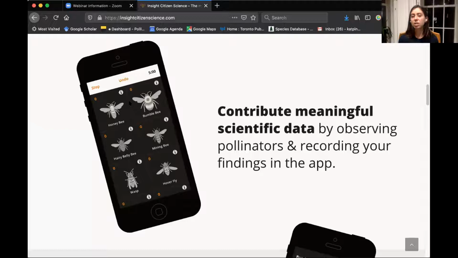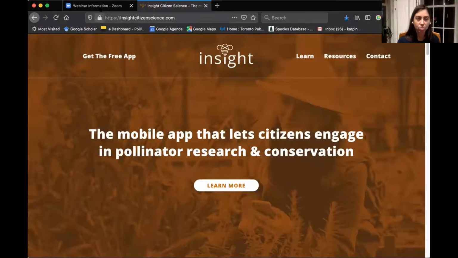That allows us to analyze changes in population over time, which is not quite the same as making presence or absence observations of specific species. So this one is something I wanted to share. It's also a fun one to use. And I think that's it on my end for those additions.